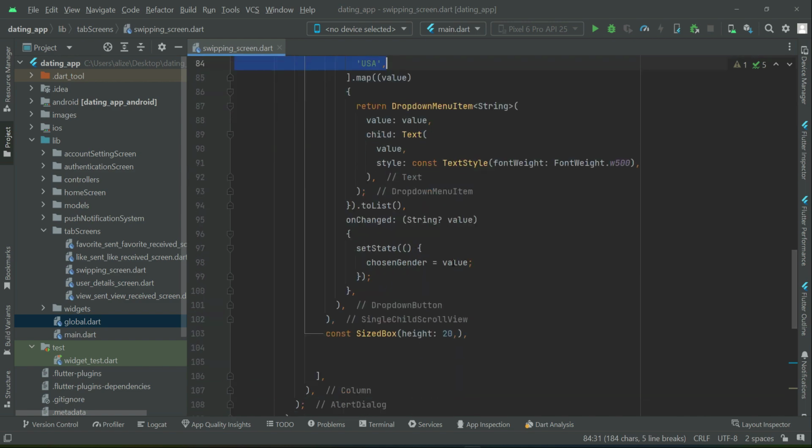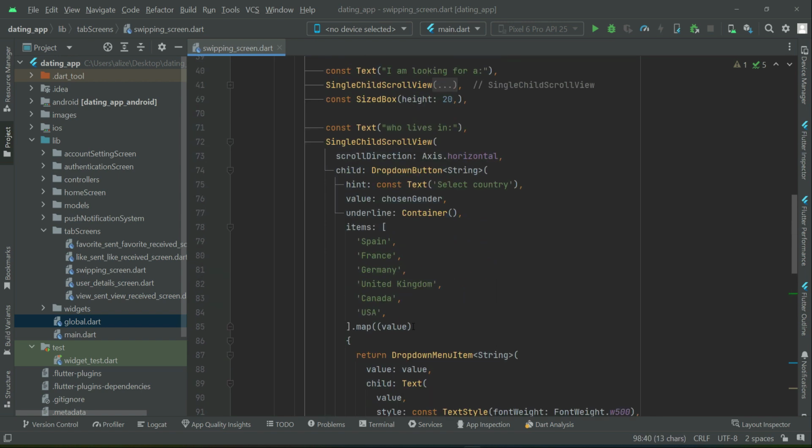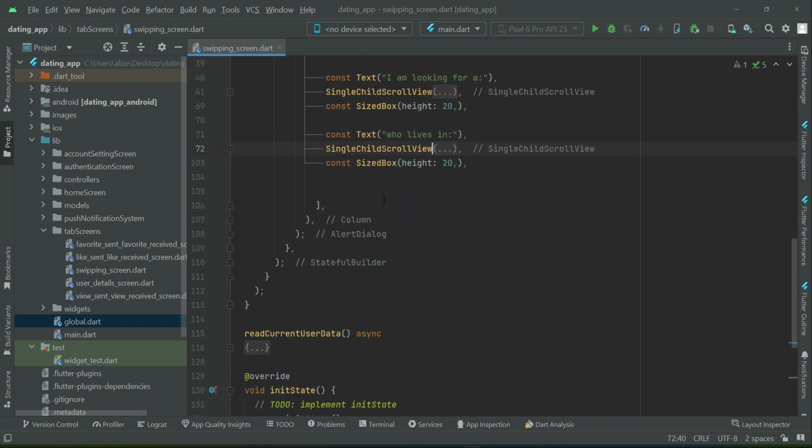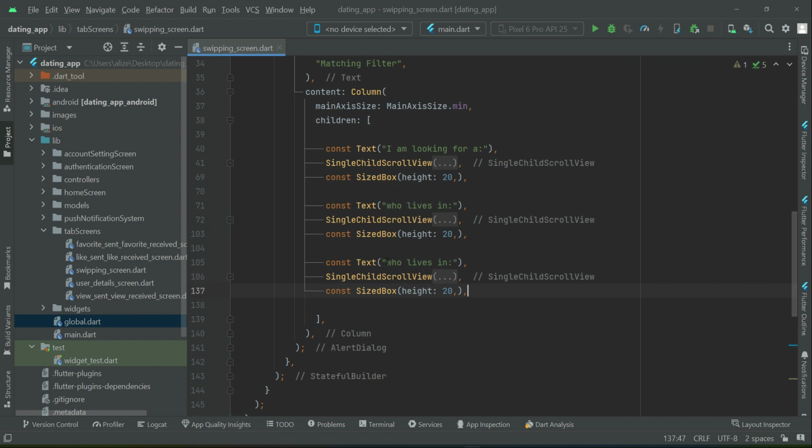And then when the user selects any value, we want to assign that to our variable, which is chosen country. Okay, make sure to do that. So this is our second drop down. Now we have the third one. Let's add the third one. So copy paste that, and the third one is,